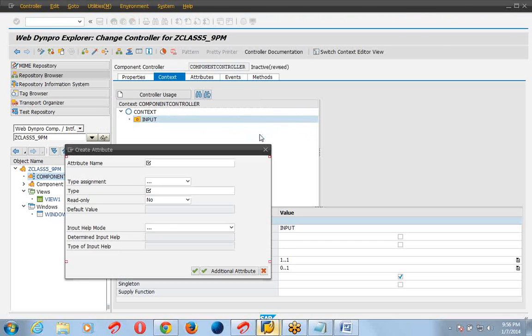Now create attribute. Attribute name VBELN low.